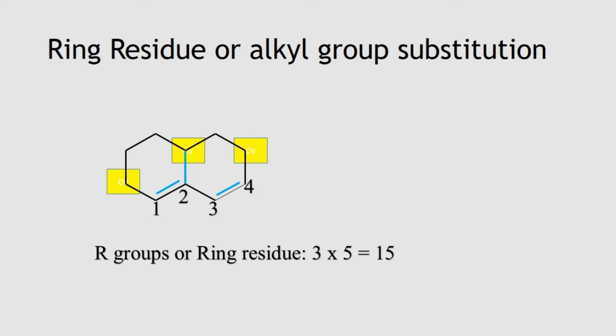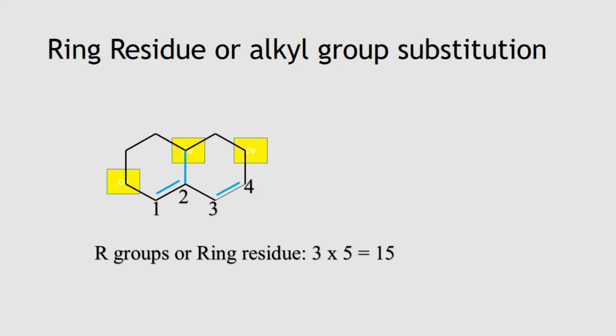So here you can perfectly see there are 3 ring residues, because you have 4 carbon atoms that are in the conjugated system or ethylenic bond. An adjacent carbon atom which is attached directly to this conjugated system by a single bond, only those carbon atoms we can consider as a ring residue, or as an alkyl group substitution, and for each of them we can consider a 5 nanometer increment in the wavelength, and that's why we can find a 15 nanometer increment here.